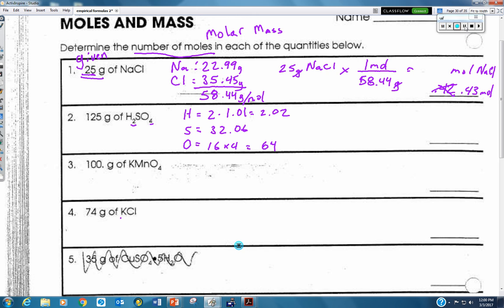Now we just have to total these to get the molar mass. For the molar mass, I come up with 98.08 grams per mole. So to determine the number of moles of H2SO4, sulfuric acid, we will take our given 125 grams